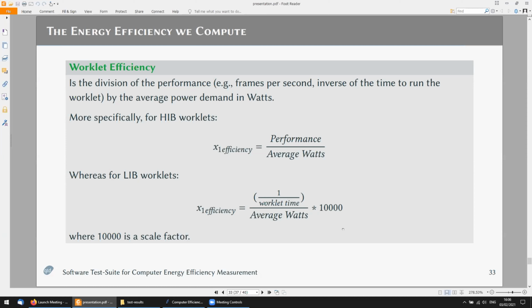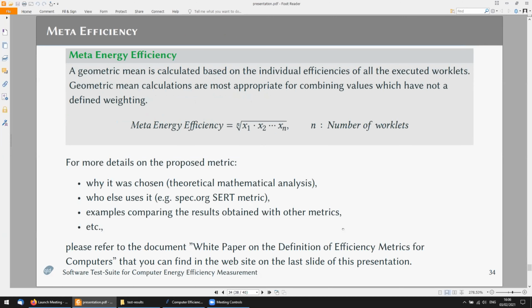Okay, so now we have computed the efficiency of each of the worklets. What do we do if we want to get a final single value? As we did for the performance, we compute a geometric mean of the efficiency of each worklet. Why a geometric mean? Why not arithmetic mean,